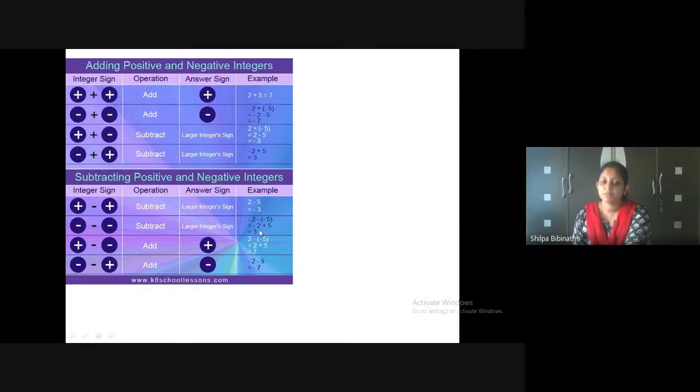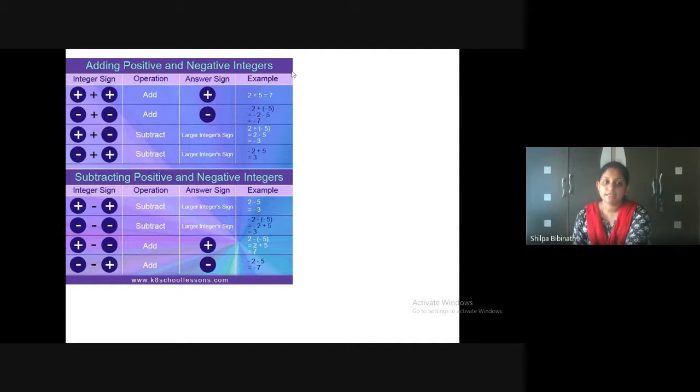If one is positive, one is negative, you are going to subtract. So the answer will be 3 here. 2 minus 5 is 3, and as 5 is greater and has a plus sign, the answer will be positive. Similarly it applies to all. You can see different examples towards the right side of the table, so it will be easy to understand. This is a very important thing which you need to know whenever you solve problems based on chapter 5 and chapter 6, that is expansion formulae and factorization of algebraic expressions.